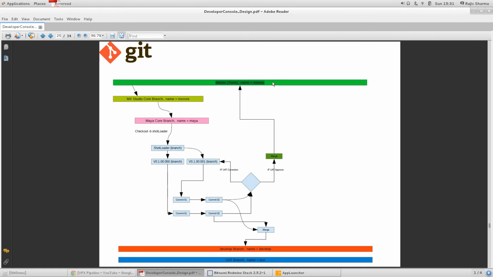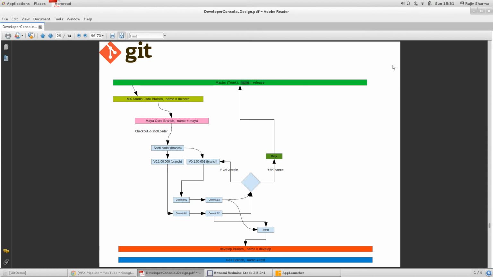Now if you want to add one more script, currently there are 3 scripts and you want to add a 4th one, you will simply create that 4th script and merge it into this branch, and that will be released to the entire floor, or the entire VFX studio. But if you want to modify the code, it is very helpful